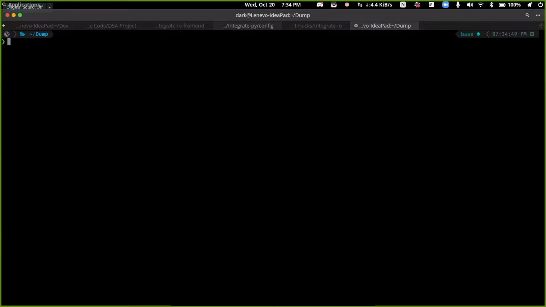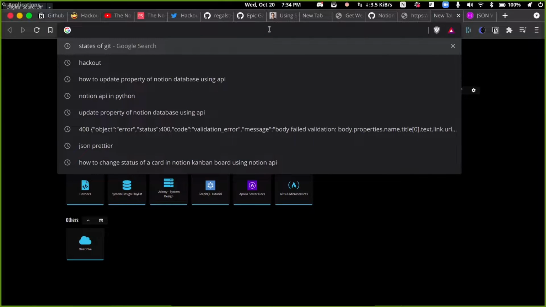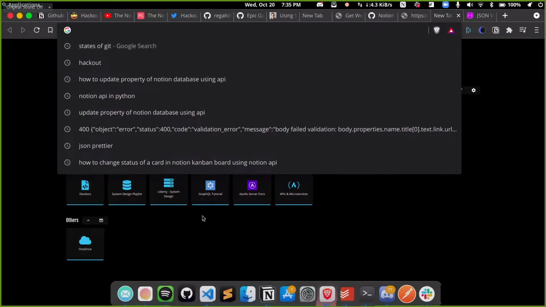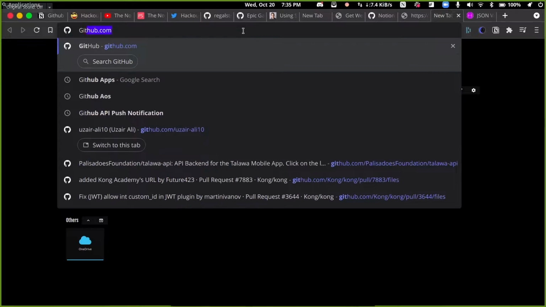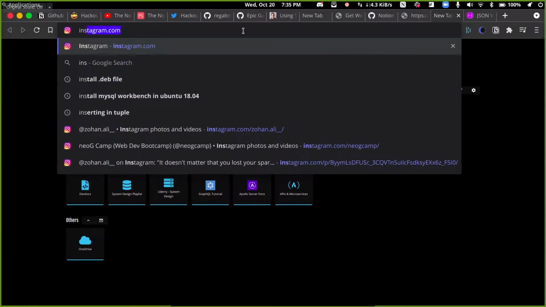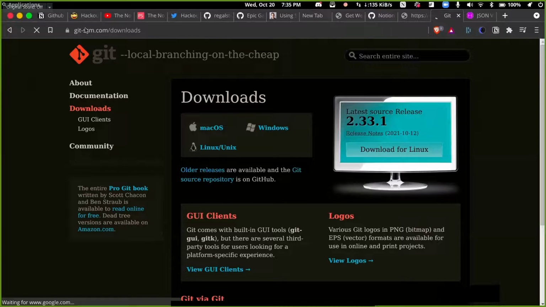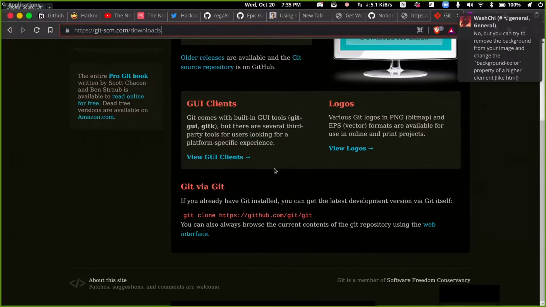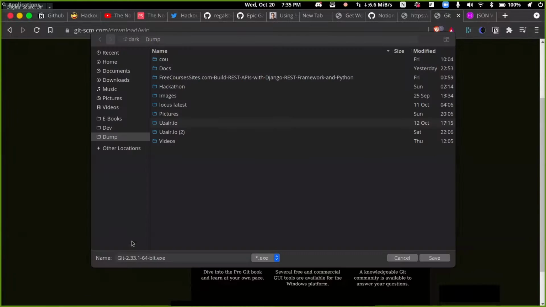But the prerequisite for this is that you have Git installed on your computer. If you do not have Git installed, install it right away. In Windows, it can be done simply by visiting the Windows Store or something like that. And in Mac and Linux, search for install Git, and there will be this official website, git-scm.com/downloads. Here you'll see all the documentation to install Git for Windows. I believe they have an exe file. Just run that exe file and you're good to go.